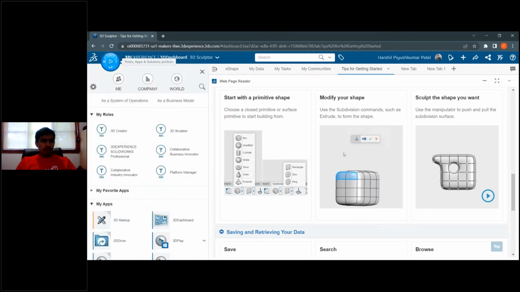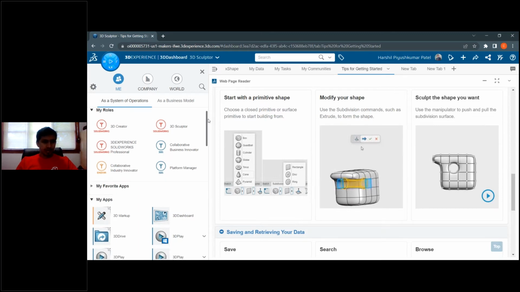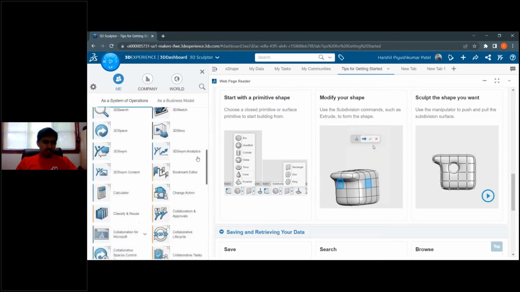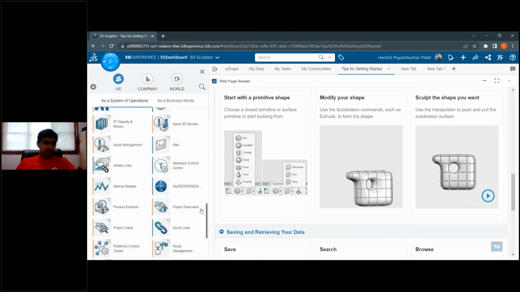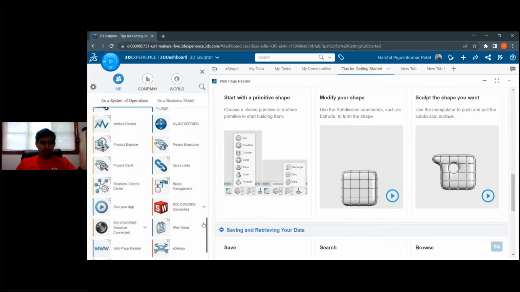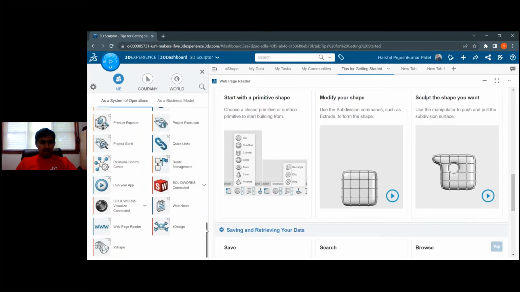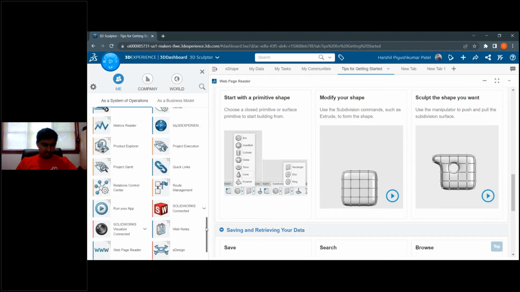here we will get the community access, like a 3D creator, a different role we can access in the 3D experience platform. Also there are too many resources available. You can use it for product development and also to communicate with your team. If we want to visualize, we can use SOLIDWORKS Visualize connected to the 3D experience platform.